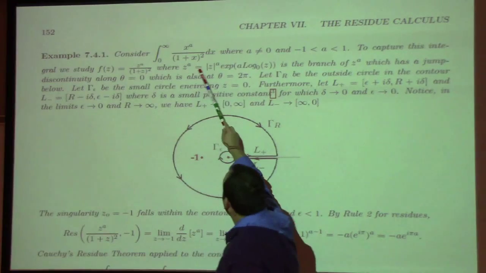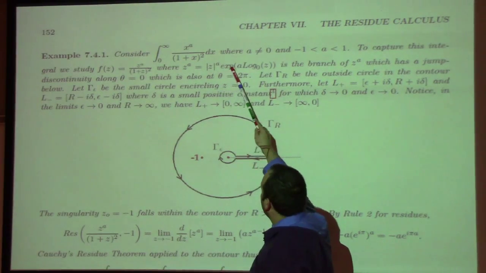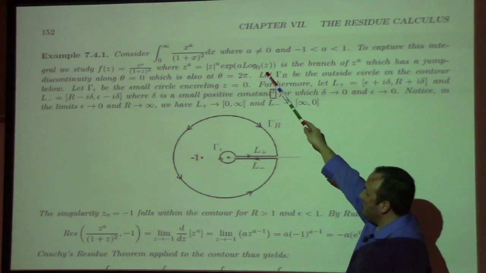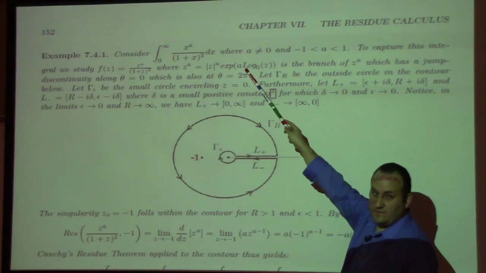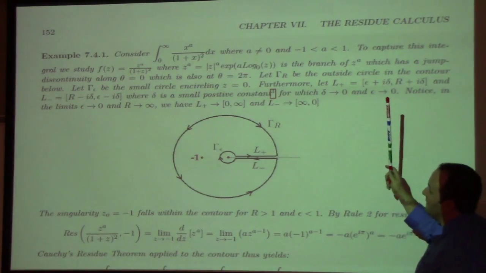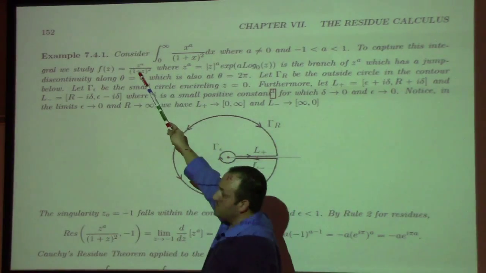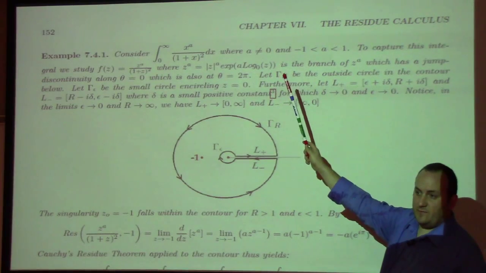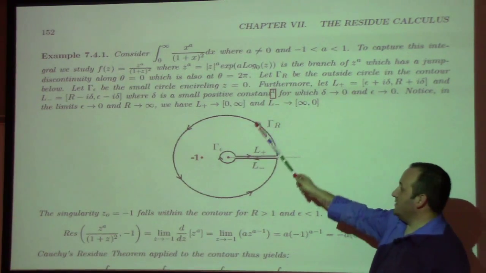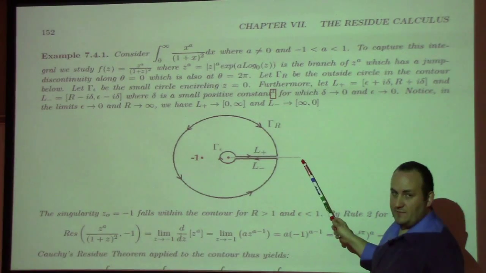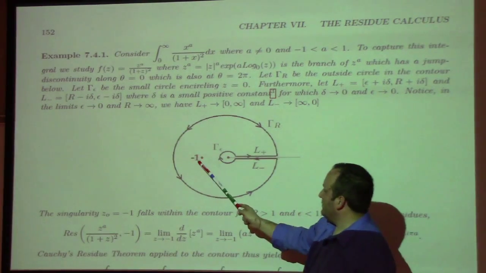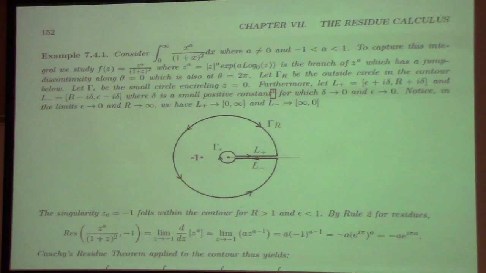So this z to the a, defined by the modulus of z to the a times the exponential of a log, with the cut on the positive real axis of z, is holomorphic on the complex plane modulo the positive real axis, right? So what that means is, if I look at the function z to the a over 1 plus z squared, that thing is holomorphic on where? Well, that's holomorphic on the whole complex plane modulo the positive real axis and wherever the denominator is 0, which is just z equals minus 1, right? So that's the singularity we have to worry about as we apply Cauchy's residue theorem to this so-called keyhole